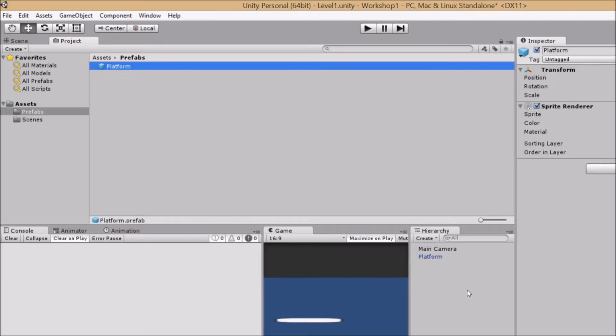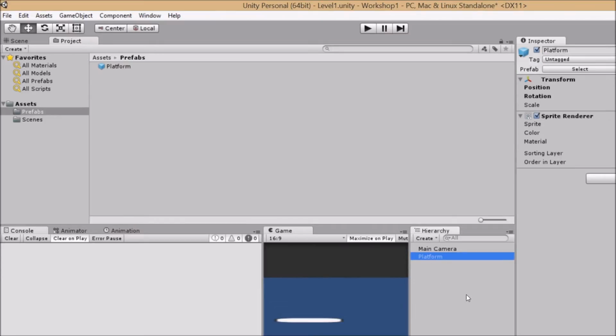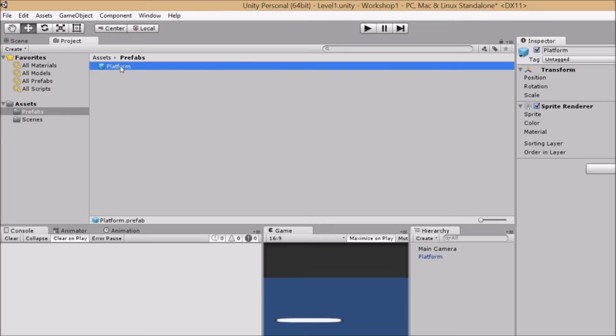And there it is. And you'll notice it turns blue in the hierarchy, meaning that it is linked with that prefab. So if you were to change settings in the prefab, it would change it for all of the platforms within the hierarchy. So we have a platform, and why don't we go ahead, here, I'm going to move this